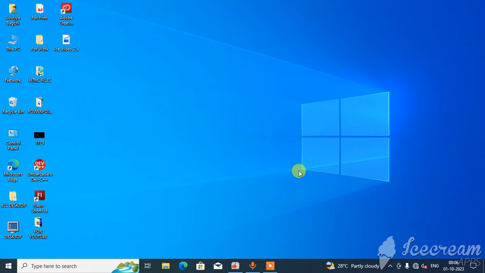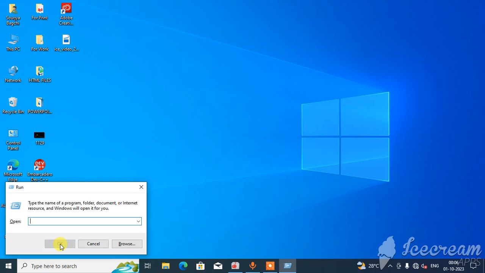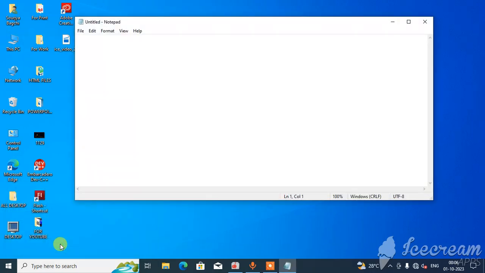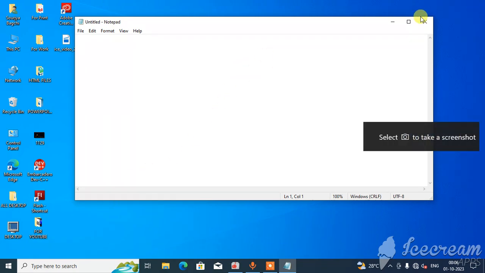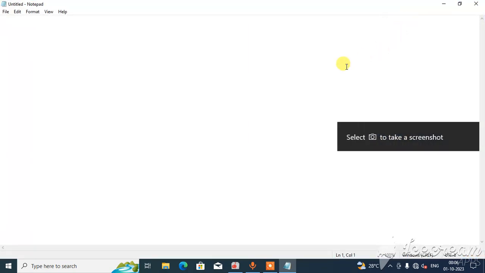So let's start doing the programming, and let's open Notepad first. So Windows key plus R, and type Notepad, press enter, and let's see what we can do here. So first we will open HTML,